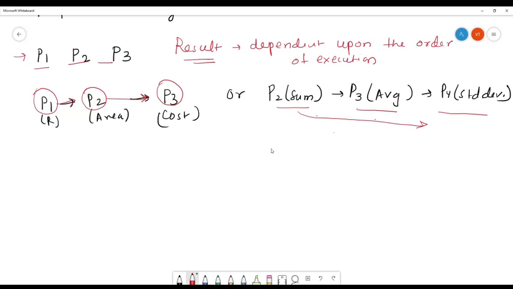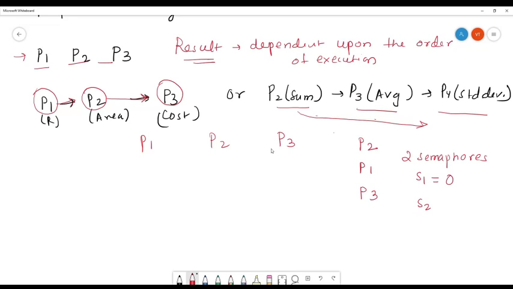Suppose this is P1, P2, and P3. What we want is to execute P2 first, then P1, and then P3. We are using two semaphores here, S1 and S2.